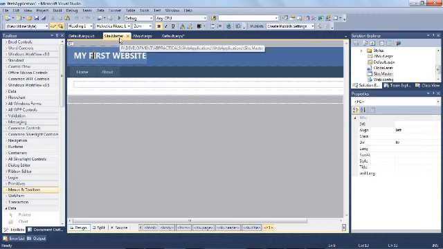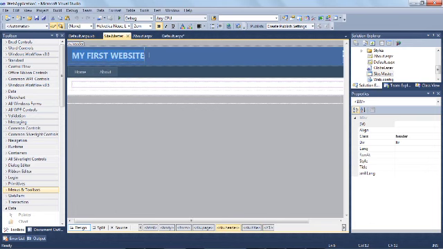Okay, this is your site master, which is a main page which will be loaded. It is an index page of website. Here you can write, I have written here my first website. You can write anything from here. Then after that, this is your master page. In that, every page will reside.